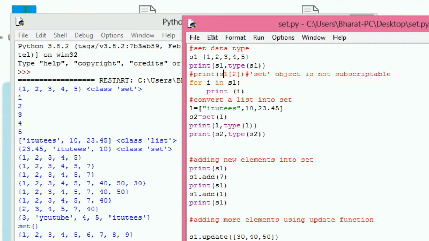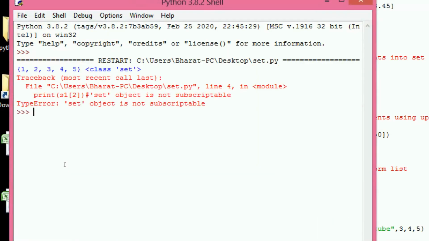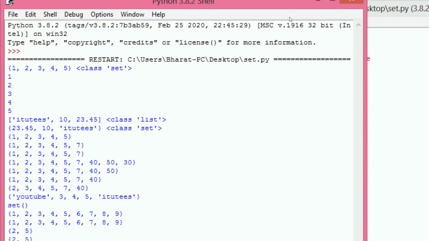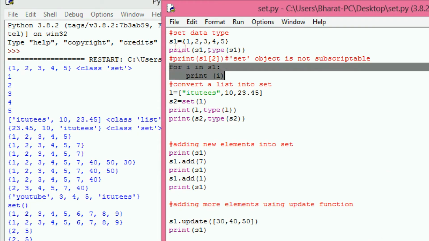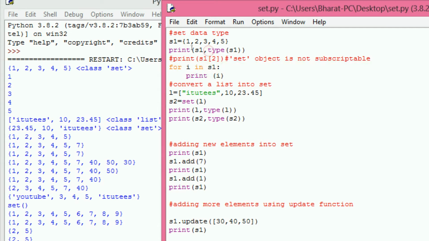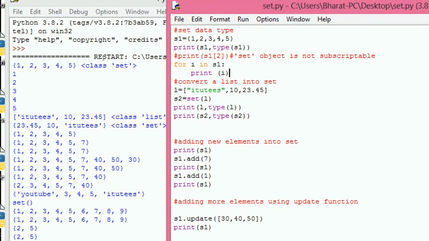Next I try S1 of 2, that means I want to access with the help of index, then it returns error. Yes, it returns error: set object is not subscriptable. Now we can see how to iterate the S1 set. For i in S1, print i, it prints 1, 2, 3, 4, 5.